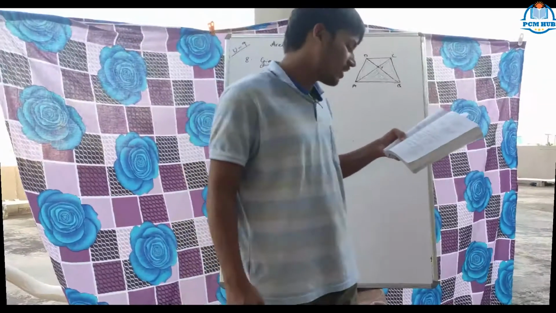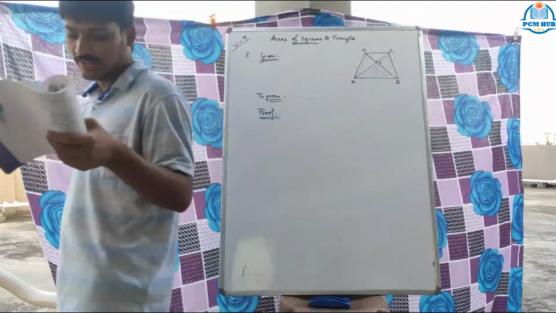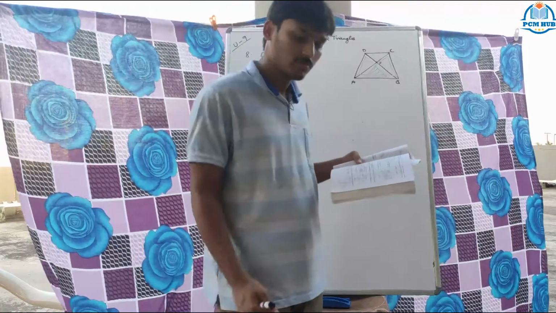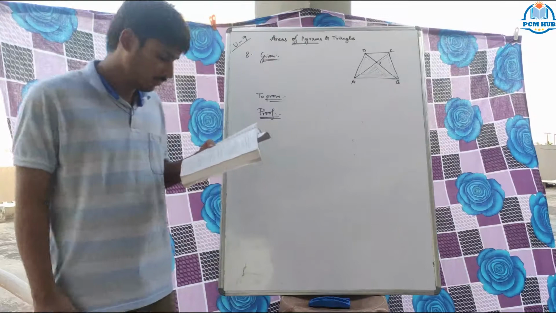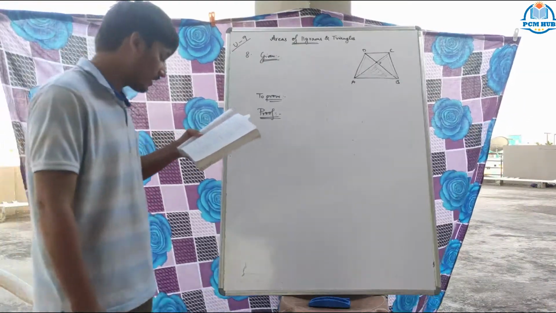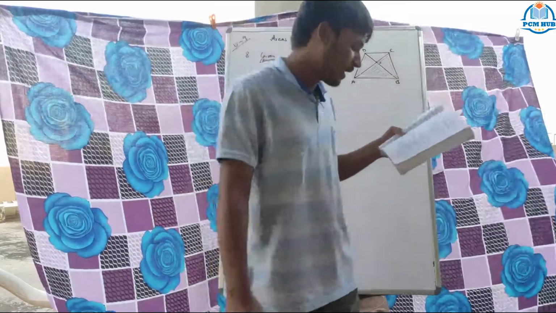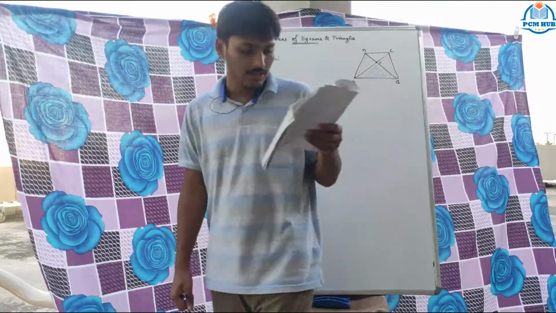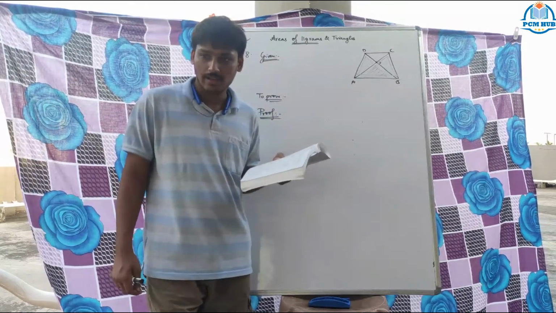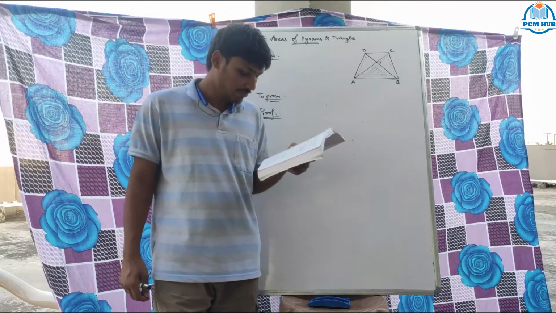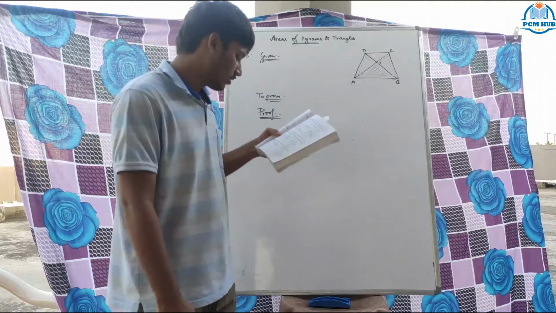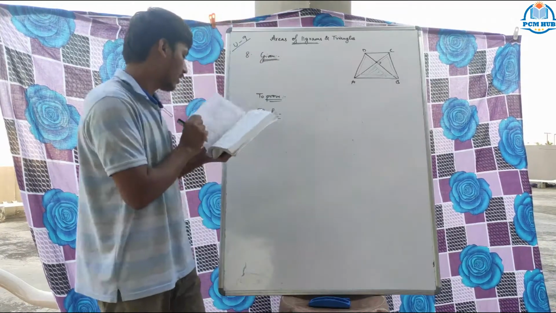Okay, the next problem is in figure 9.27. You can see there that ABCDE is a pentagon. ABCDE, five vertices are there, no? That's why it's a pentagon. A line through B parallel to AC meets DC produced at F. Show that: there are two things that you have to prove.